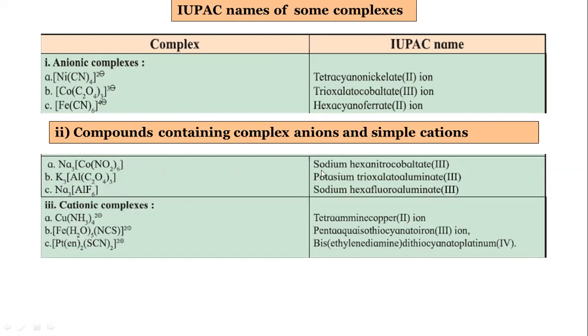So the sodium you have to write first. This sodium you have to write first here. Sodium, then hexa. Why is it hexa? Because 6. Then nitro, this NO2, hexanitro, cobaltate III. Nitro indicates the bond between this cobalt is formed with this nitrogen, because this is